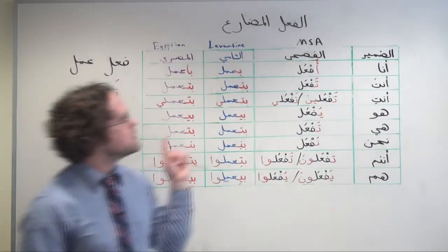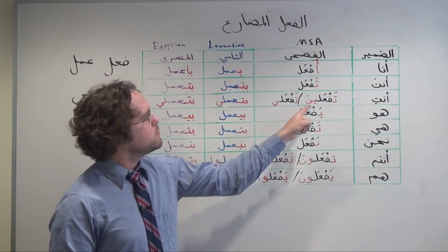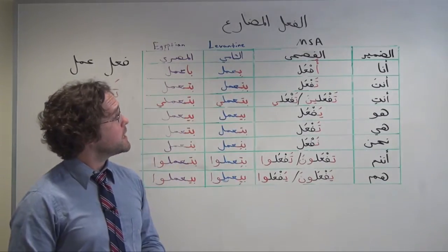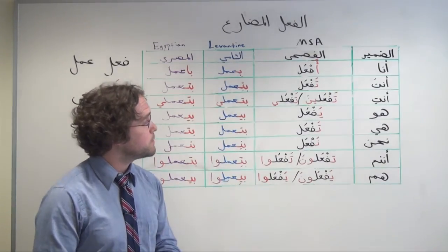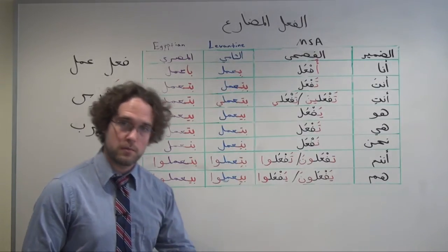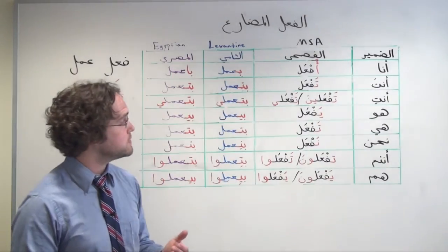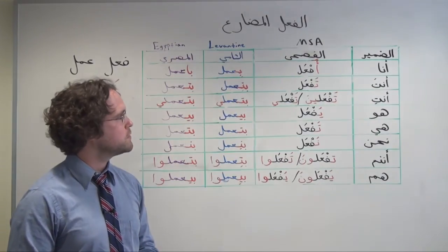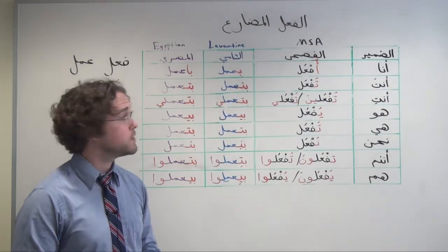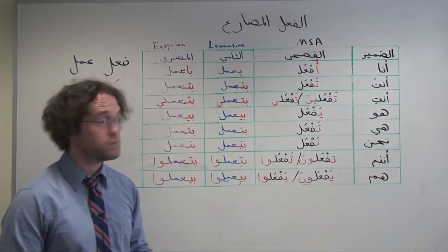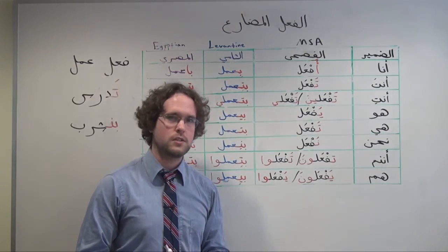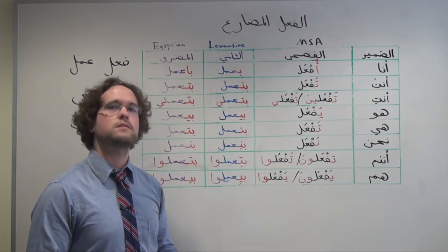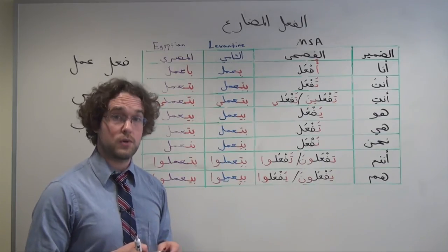You'll also notice that in the Fusha, we have two options some of the times. This has to do with grammar and subordinate verbs. Again, the second verb coming after the first verb in a sentence. For now, it's not something to worry about producing. We'll be covering that later on, and there's another video about al-mudari' al-mansub, that special second conjugation and when to use it. For now, just be aware when you're reading formal texts that you are going to encounter that variation sometimes.